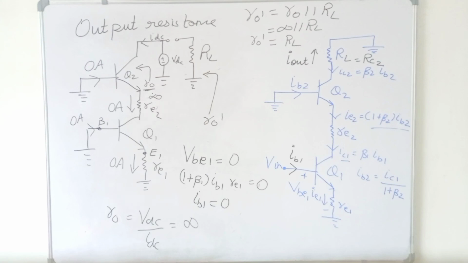The cascode amplifier is a very important topic for GATE exam, and this cascode amplifier was actually the BJT cascode amplifier. The cascode amplifier can also be designed using MOSFET. So in the next video we will analyze the cascode amplifier which is designed using a MOSFET, that is the MOSFET cascode amplifier. So in this video we discussed the BJT cascode amplifier. In the next video we will discuss the MOSFET cascode amplifier.